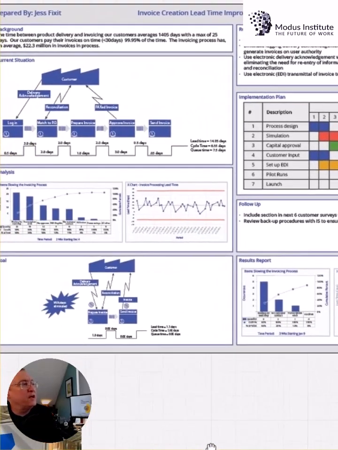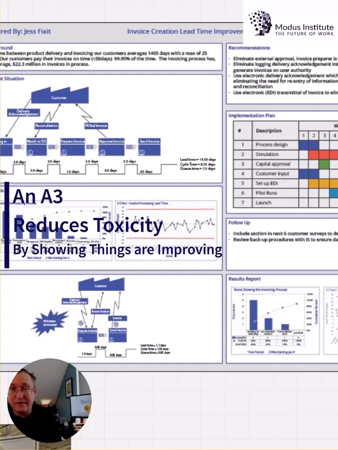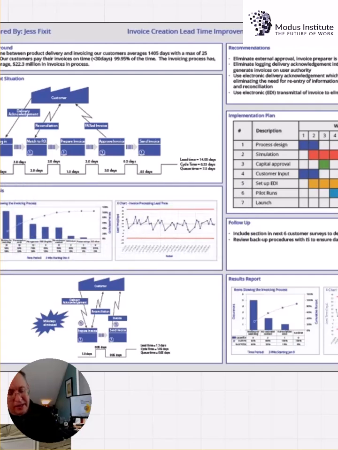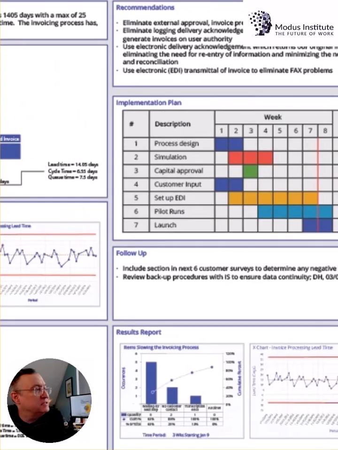Our third element of toxicity mitigation that we're going to talk about right now is the A3. And the A3 is a visualization that shows us kind of a problem or an opportunity or just some conundrum that we would like to solve, something that we have to go out and look at different elements of and actually learn about before making a proclamation. Human beings are very good at just acting without any information and then getting angry at other people when our impulsiveness ended up being impulsive.